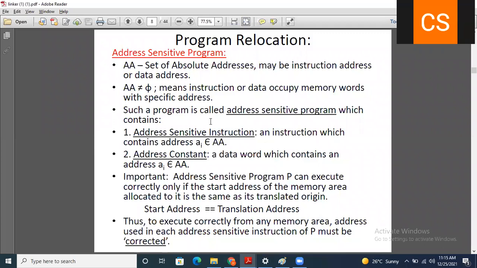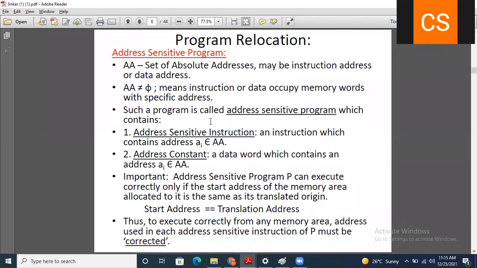What do you mean by address sensitive program? An address sensitive program has a set of absolute addresses, which may be an instruction address or a data address.